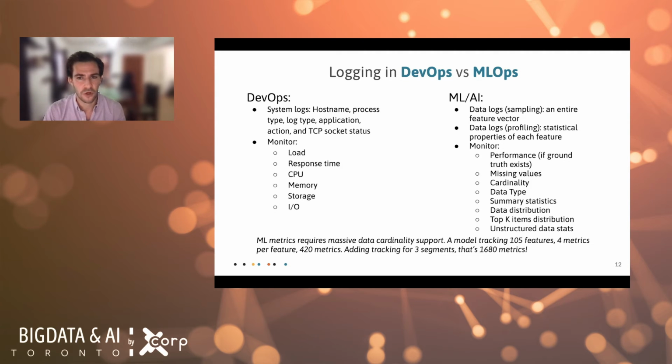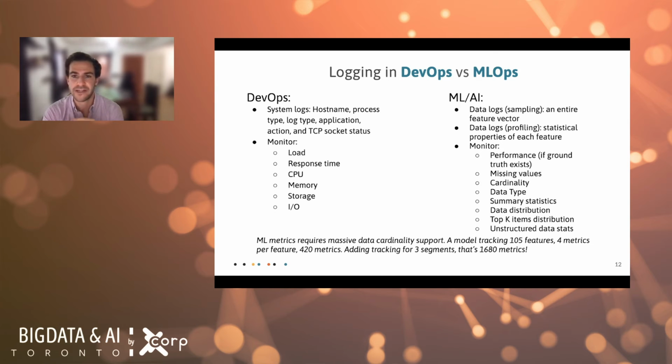Now, in the MLOps world, conversations about logging are actually still very immature. We've had really good logging tools in the DevOps world for a while. We've got StatsD, now we've got OpenTelemetry. There are all of these different tools that help people log classic applications. But in the ML and AI world, we're really still developing the tools that we need in order to be able to log our data, which is what we need to be able to monitor our application, our machine learning models, as we talked about previously. So, okay, one approach that's taken to logging is data logging, which relies on sampling.